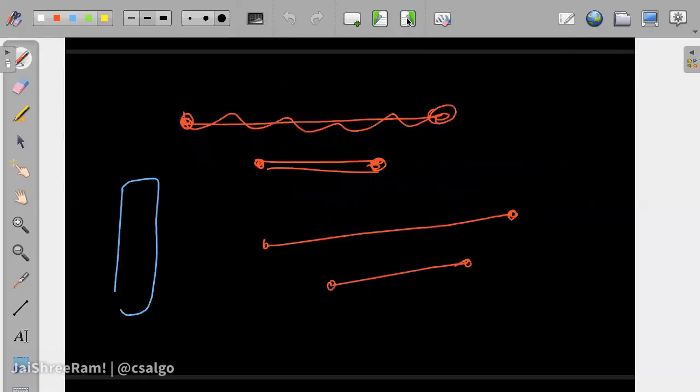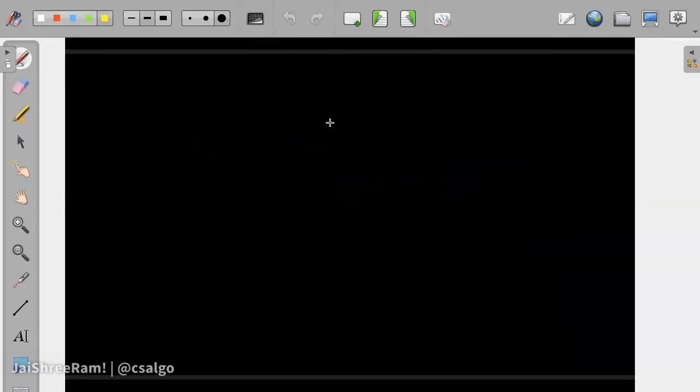So the idea is, first of all, understand that when you are moving up and down, only the state of the column matters.